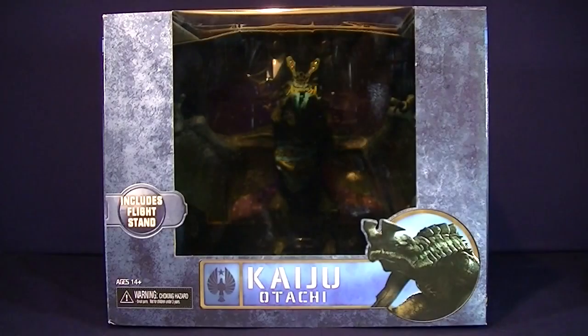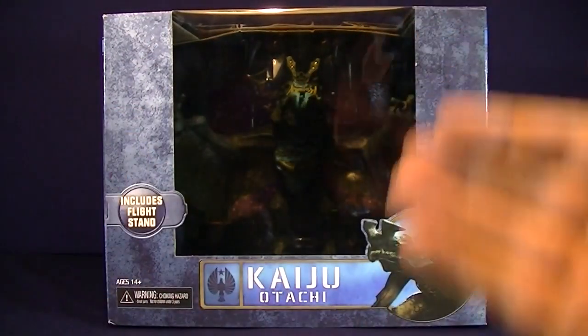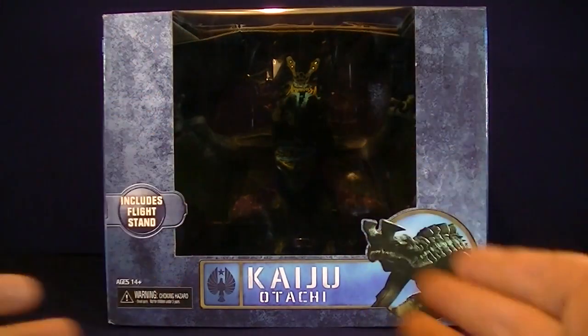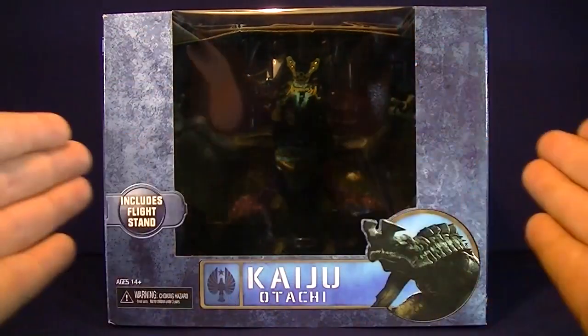Hey Rangers, welcome to Super Important Views. My name is Steve. In this video, we're going over the NECA Pacific Rim Deluxe Class Kaiju Otachi, the flying variant. She is from the film Pacific Rim, mainly in the Hong Kong Brawl sequences where she ends up killing Crimson Typhoon, is a part of the game being that it is Cherno Alpha, and has an epic conversation with